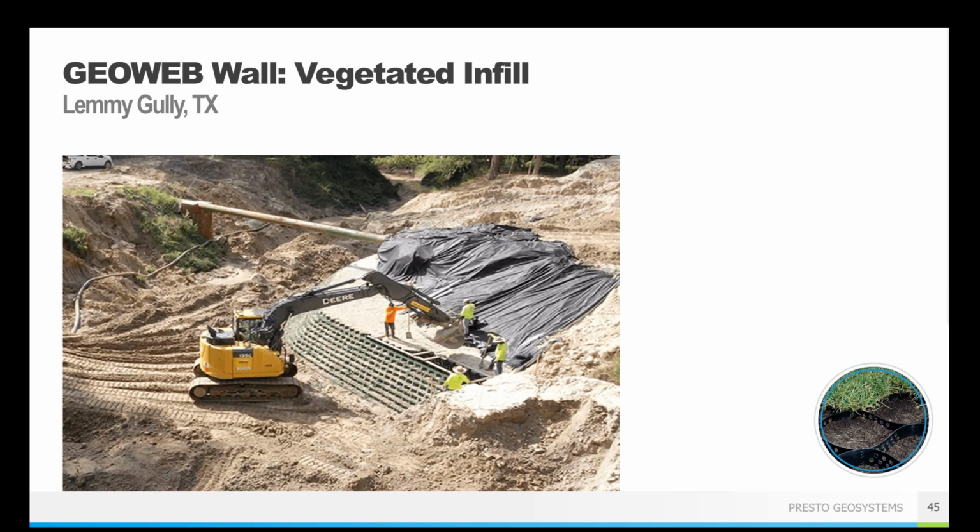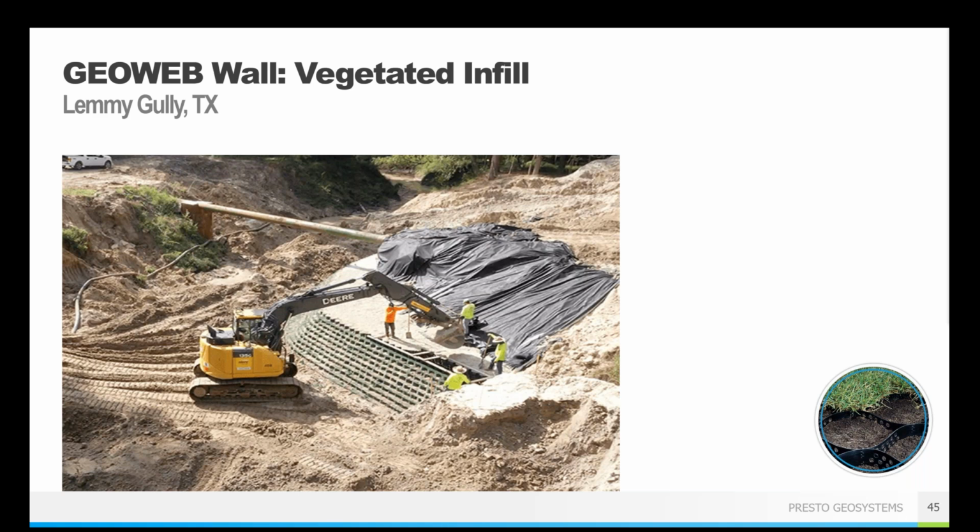In this case, the area again was excavated to allow for that installation of the panels, including the area behind the panels to allow for additional drainage infrastructure. And in this case, they did put a geotextile over that natural slope because it was so clayey. They wanted to help have that separation between that clayey soil and the stone and vegetation infill that they were going to place.